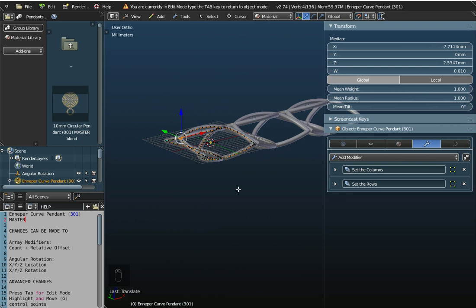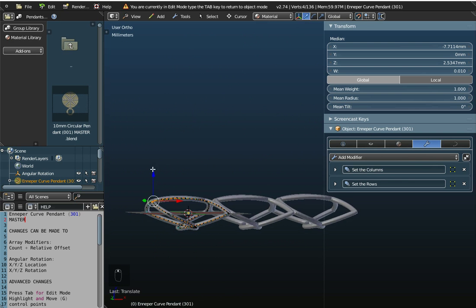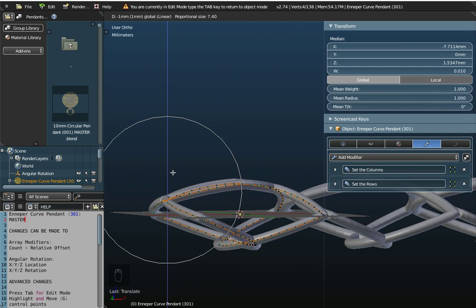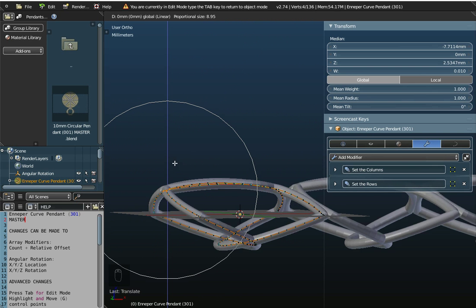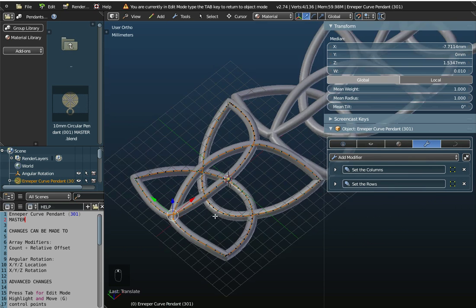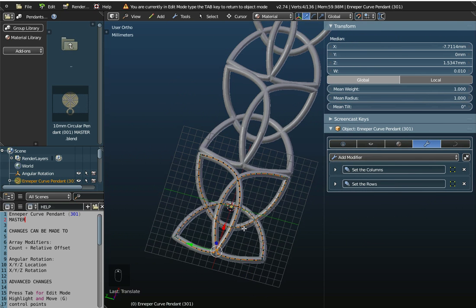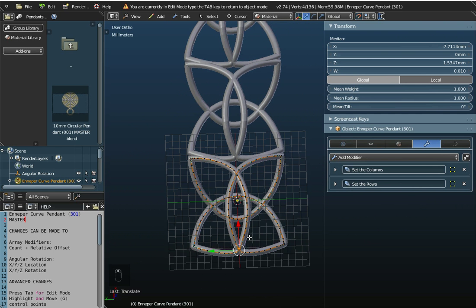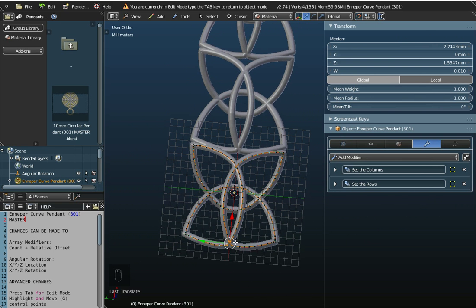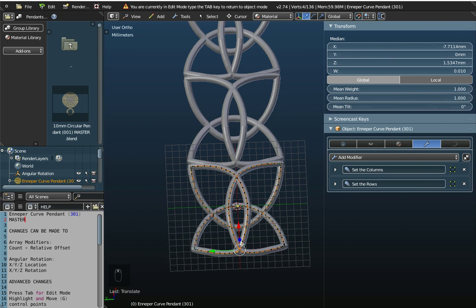Now because this is a 3-dimensional object, I could go in and modify it in this direction as well if I want. And again I can position my proportional editing. Now in all honesty, what I generally find when you're making changes like this, you really just do want to stick to one direction, X or Y. You can of course